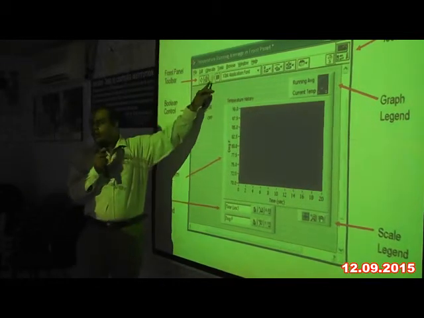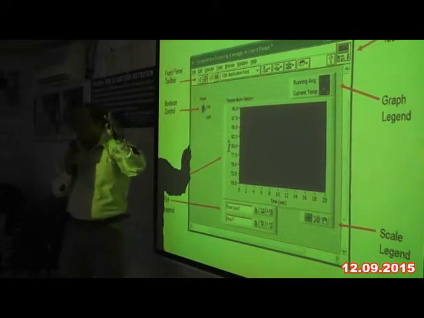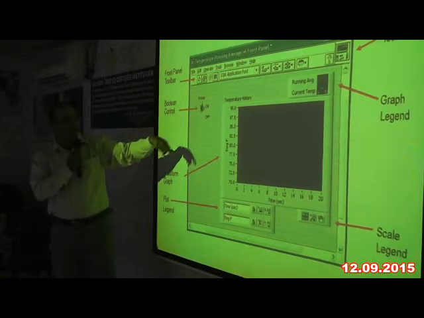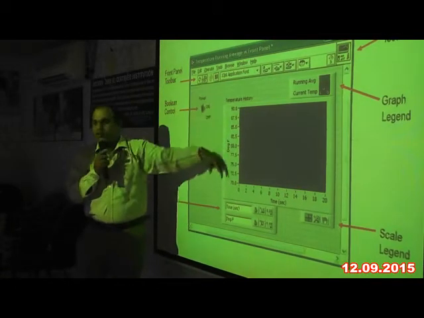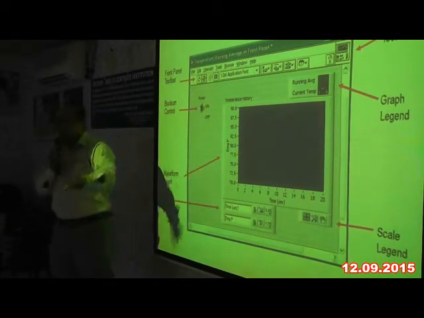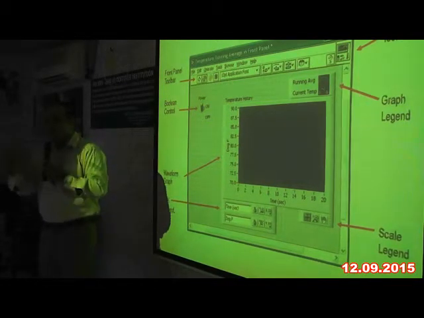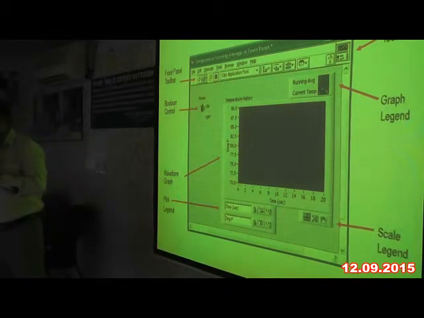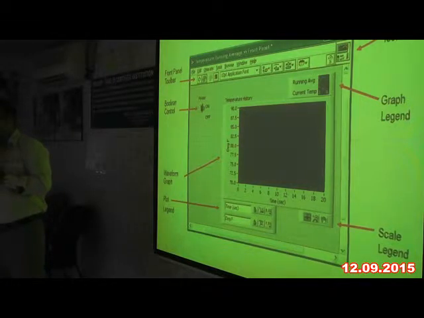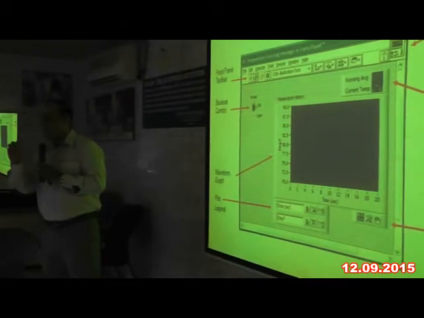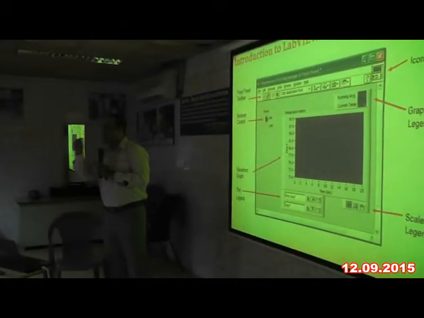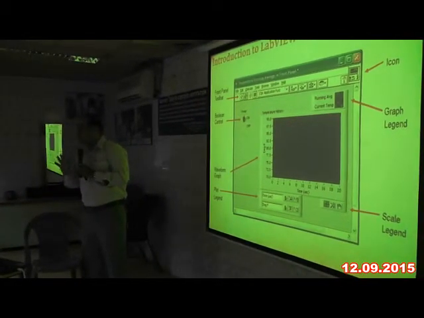Similarly, I have a stop button and a pause button. I can stop my simulation, I can pause my simulation, and this is for application fonts, what type of fonts I want and how to design. As a user, he will pick whichever is the most attractive one. So we should design our front panel in such a way that it attracts our customer. By seeing the front panel itself, you should be able to decide, okay, this looks nice, so you need to purchase the software or something like that.